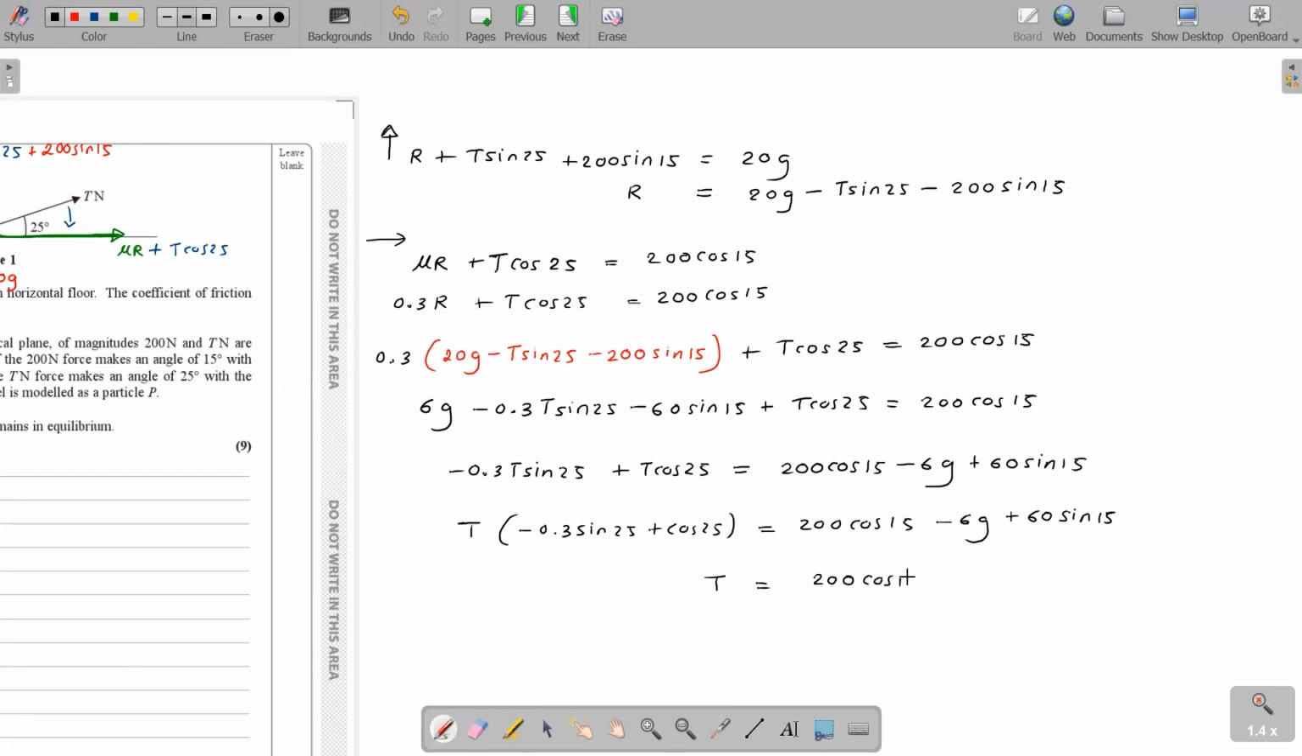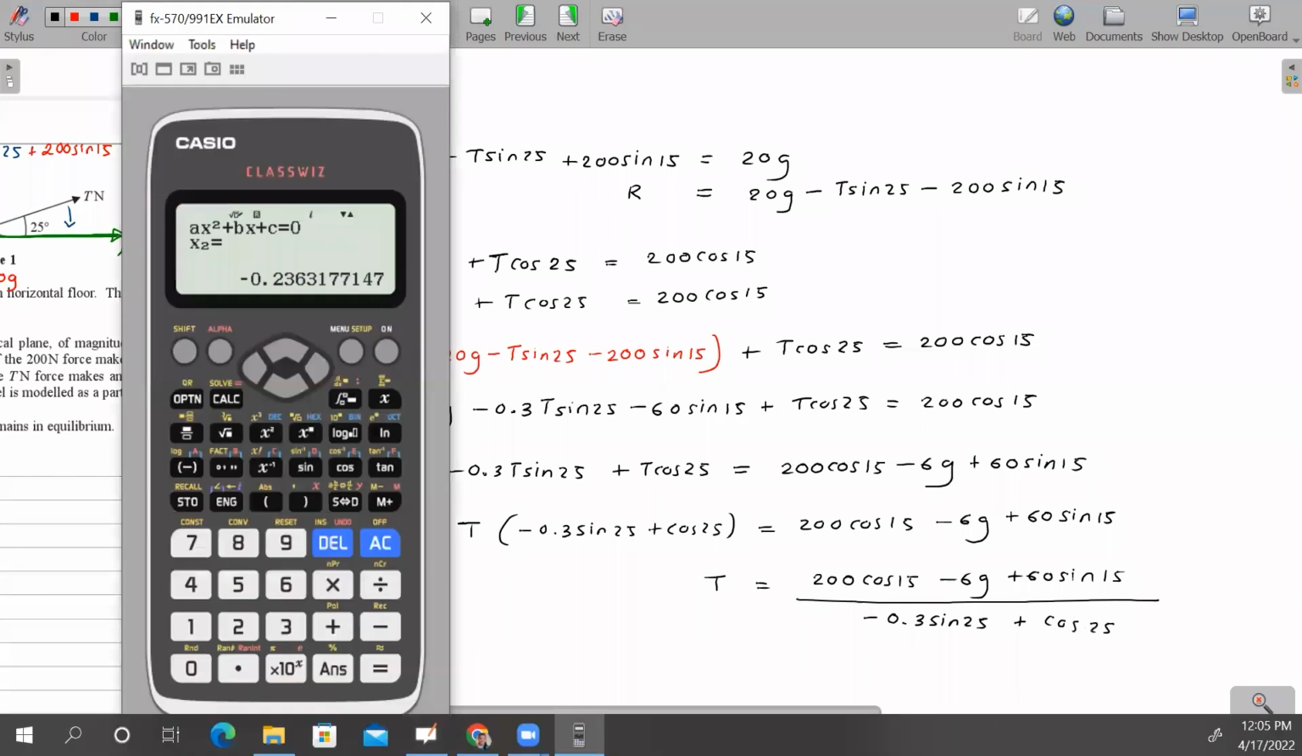Tension equals (200 cos 15 minus 6G plus 60 sine 15) divided by (minus 0.3 sine 25 plus cos 25), right? Is that okay? So type this in the calculator. 200 cos 15, and the calculator must be in what mode? Degree mode, right? My calculator was in radian mode, it should be in degree mode. On top it should be D. So 200 cos 15 minus 6G, where G is 9.8, plus 60 times sine 15, divided by minus 0.3 times sine 25 plus cos 25. Is that okay? And I get